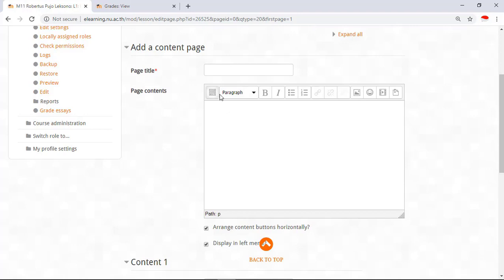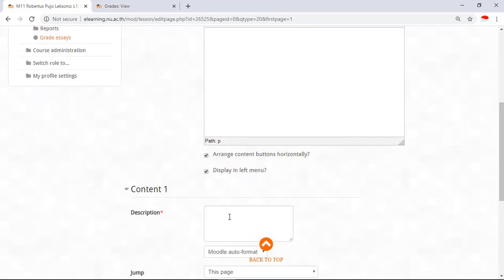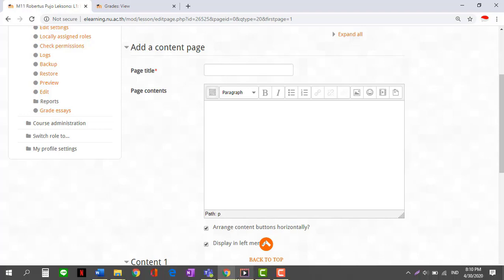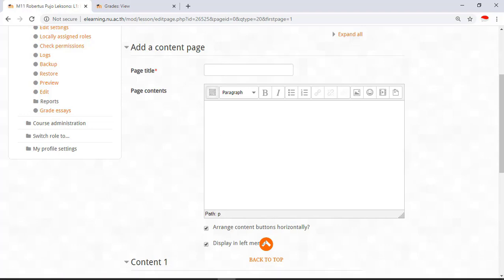I suggest you put every content page with a question. So yeah, this is the model that I made. There is a content page, there is a question page. So let's make a content page in here. Please open